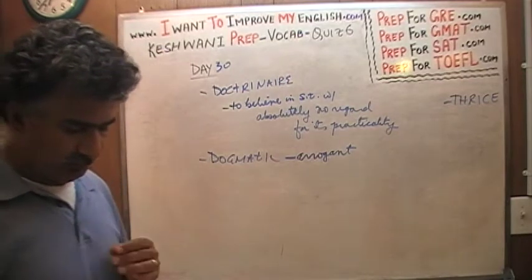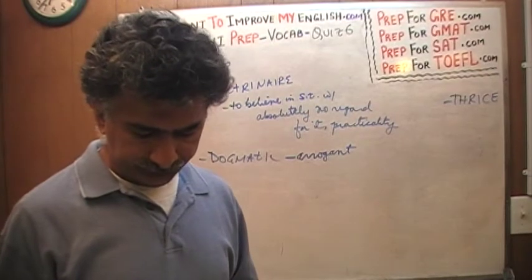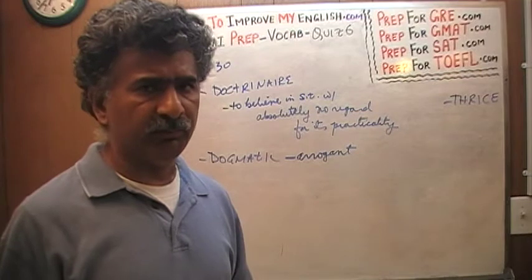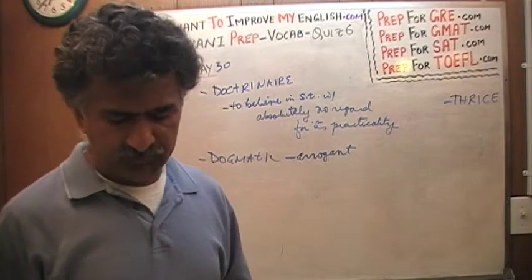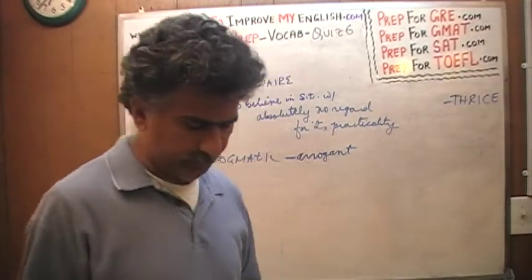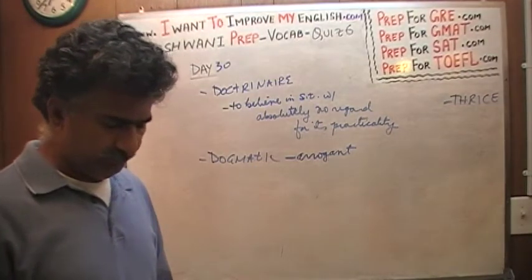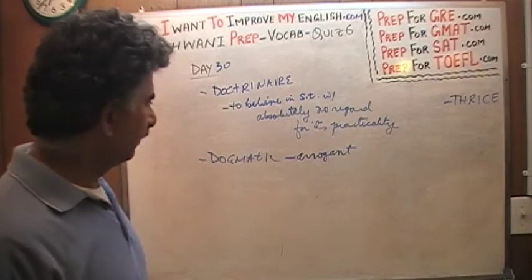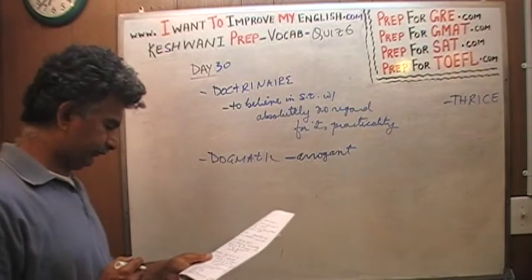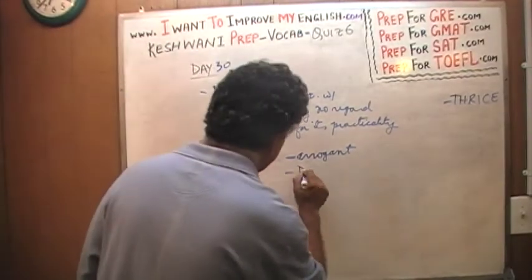They are authoritative. They authoritatively assert their ideas or principles, especially when those ideas or principles cannot be proven. They are unprovable, and yet they try to assert their notions authoritatively and arrogantly. And if you are being that, then you're being dogmatic. Good synonyms for dogmatic would be arrogant,